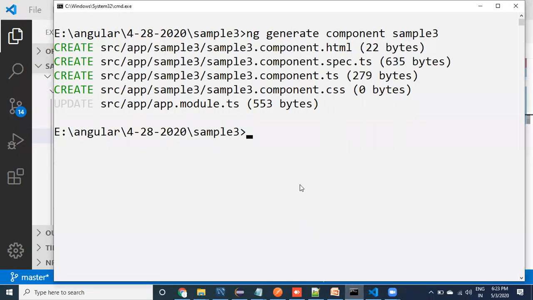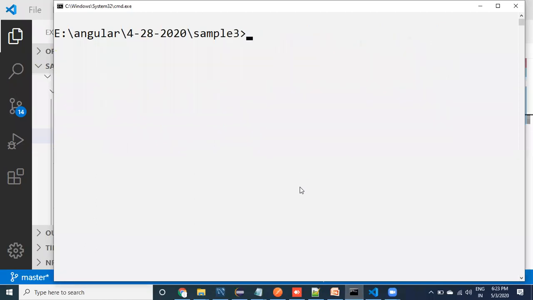I want to run the server first of all, because without running the server I cannot see the output. Let me say clear. What I want to do is, sorry, not MVN, ng serve.